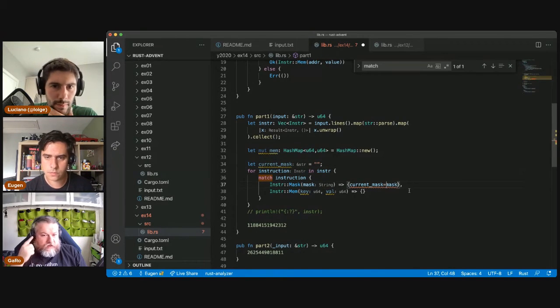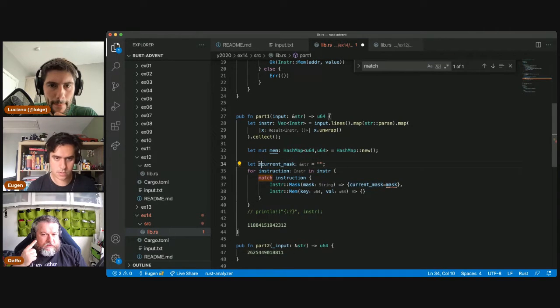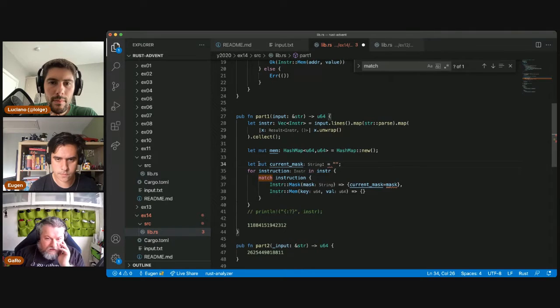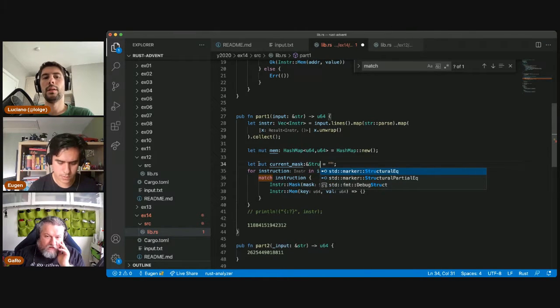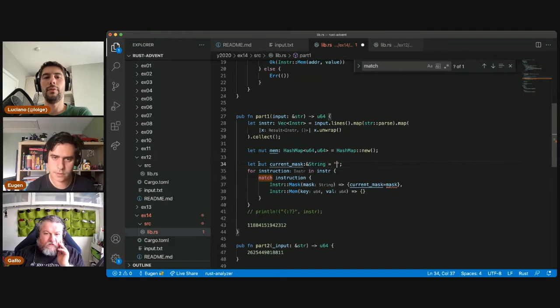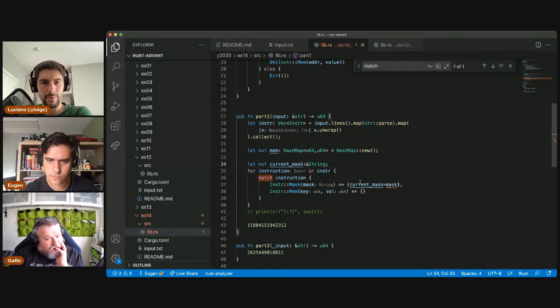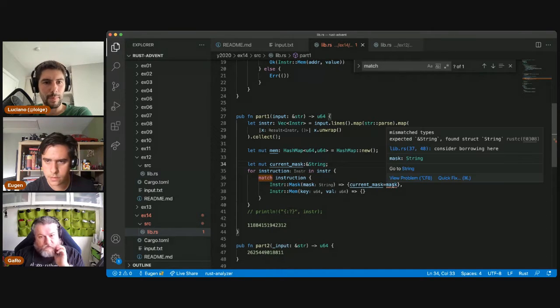Let mut, because it's mutable, current mask. Of type reference to a string with the capital S. And don't assign anything there, just... Oh, no, you need to assign. I don't think it's going to be too happy with it. If you don't want to assign it, you can do like an option and then assign it to none, which is a little bit more boilerplate. It found struct string, so it's